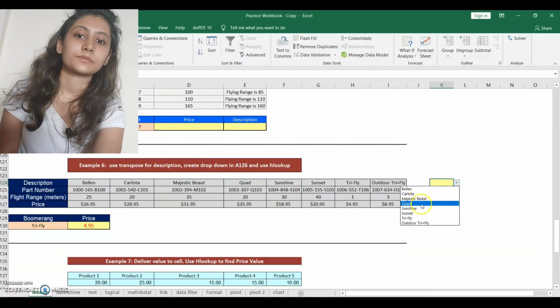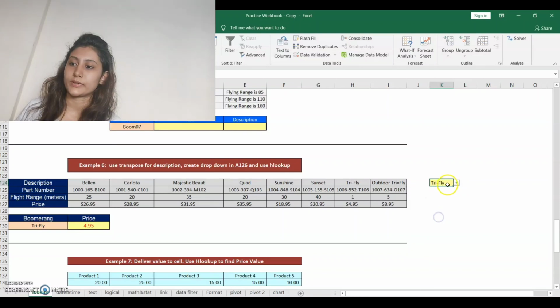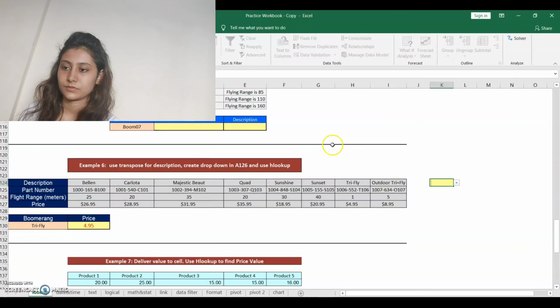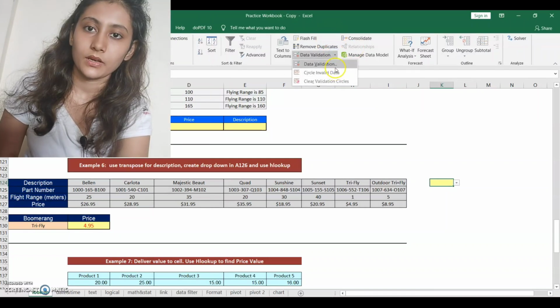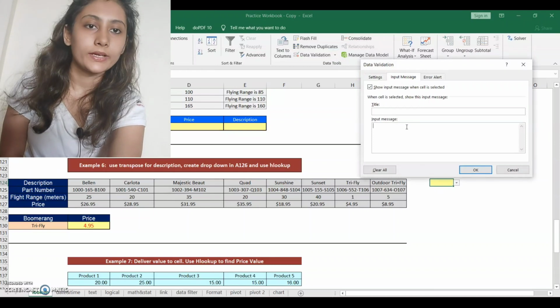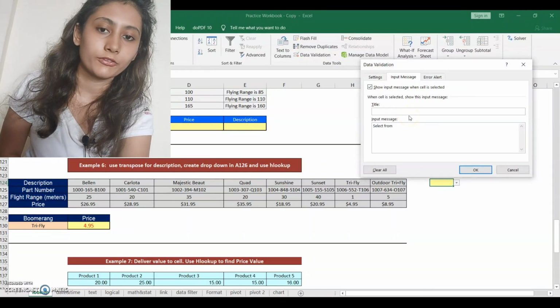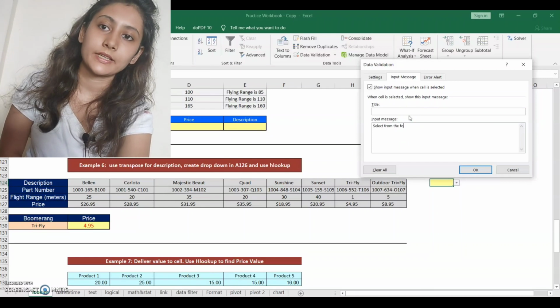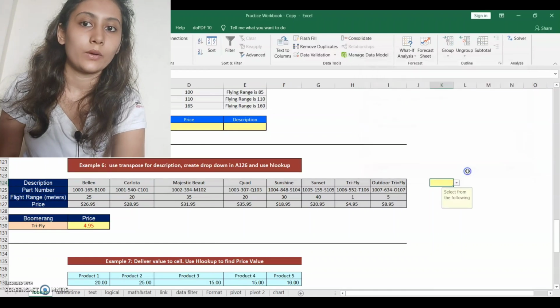Then what else you can do? Okay, so we were here. So here we had done this. Select input message, where you can have a message like select from the following list. Then, you can even have an error alert in whatever style you want.